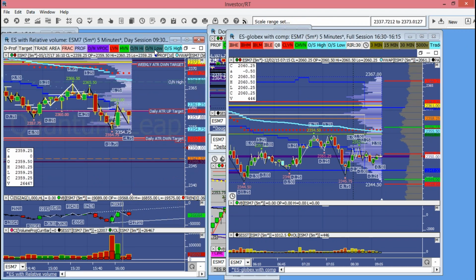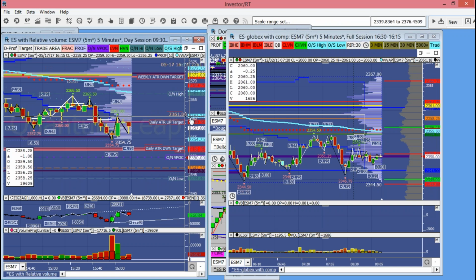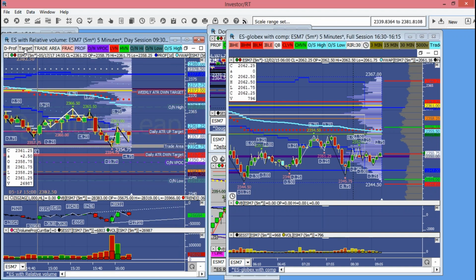Our overnight low is 44.50. Our VPOC is 50. We have a significant LVN at 56.25. I'm not going to use that one. I'm going to use the range low at 54.75, and I'll be targeting into that 56.25 with the move to close the